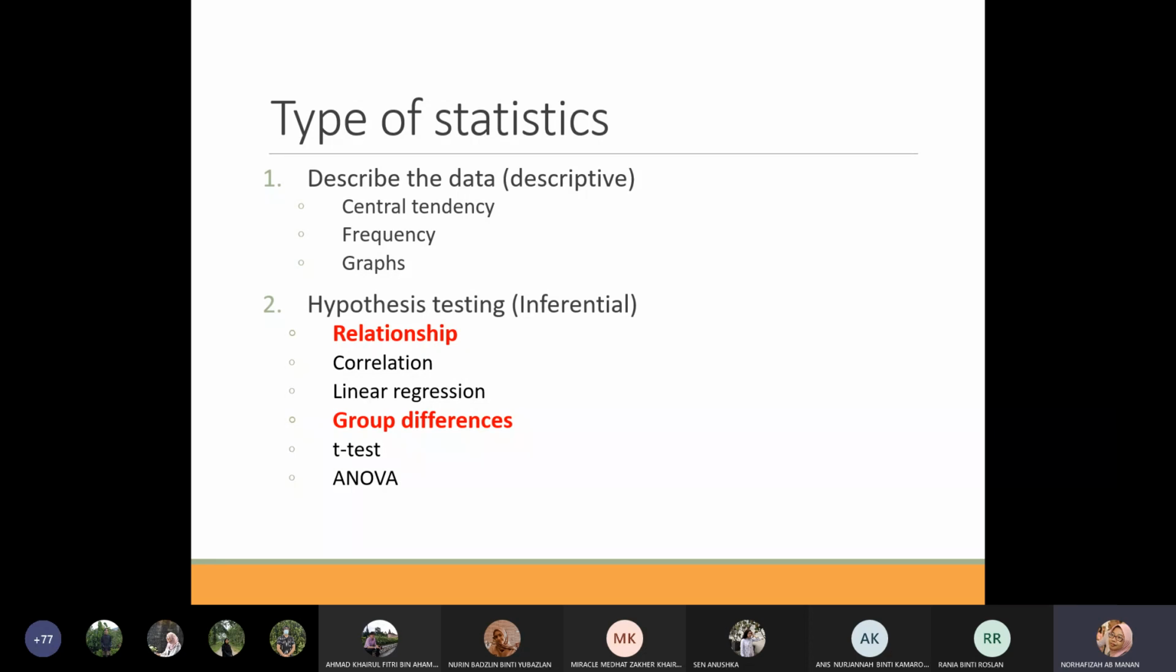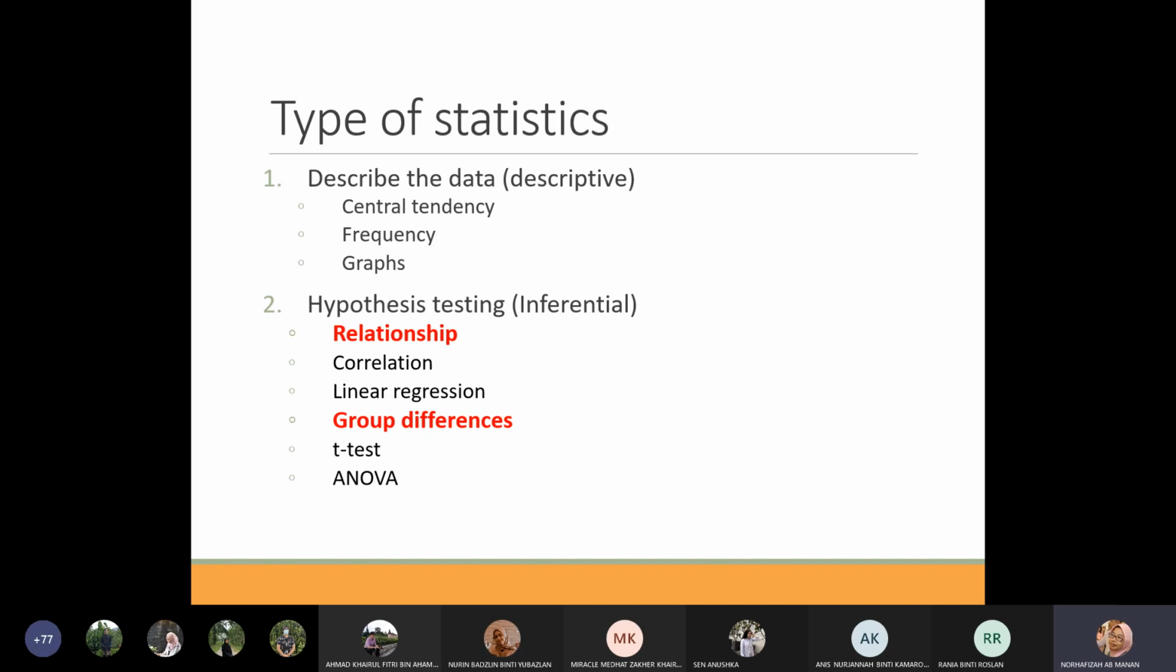Description, describing the data, you have learned during the IBM 1 last academic session. For example, central tendency, frequency, graph, so you have learned it before. You also have learned hypothesis testing, like ANOVA and all that. But today is only a revision, and maybe there is certain additional information for all the statistical analysis that